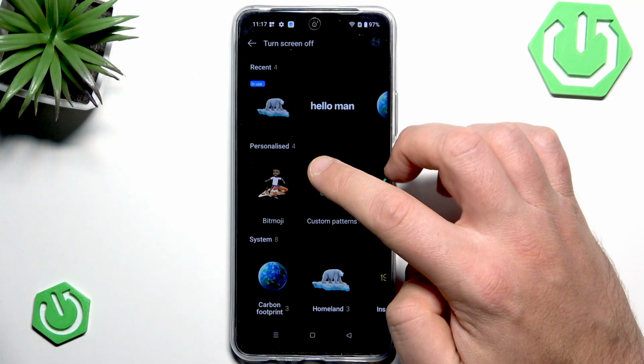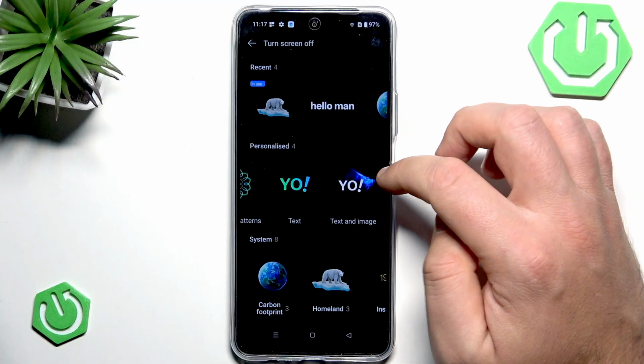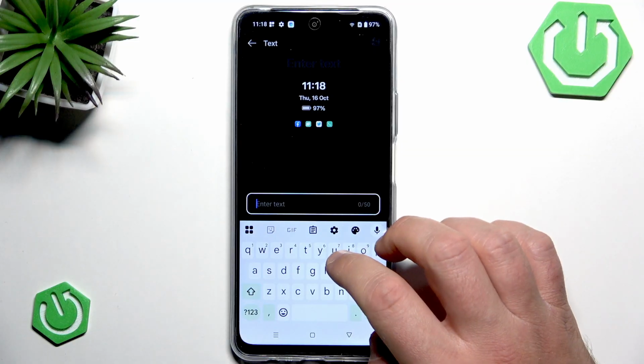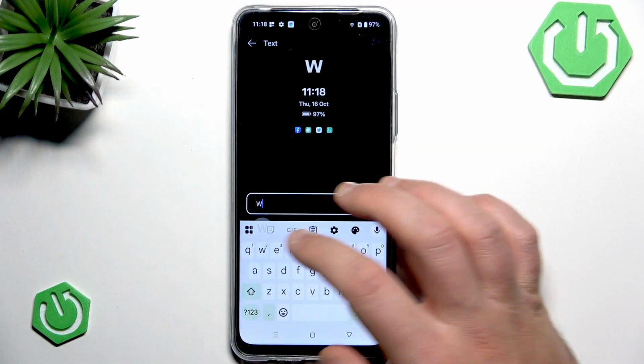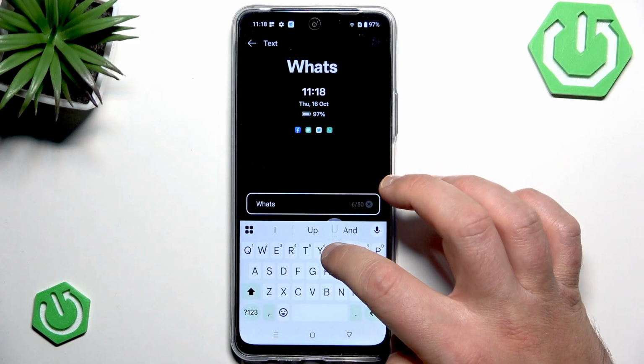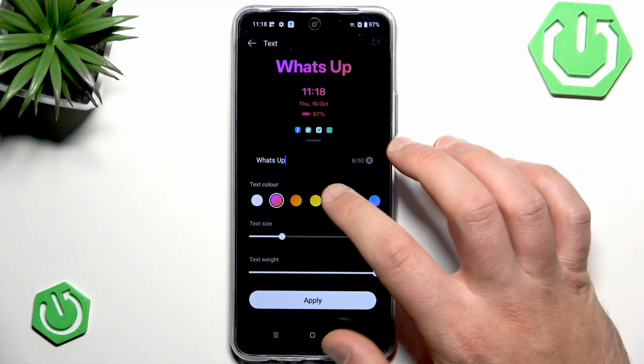You can choose Bitmoji, custom patterns, and here you can also choose the text or text and image. Let me just select only text. Let's just, for example, enter here the following text. WhatsApp. Alright. You can select the color of the text,